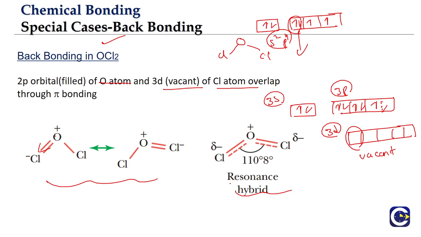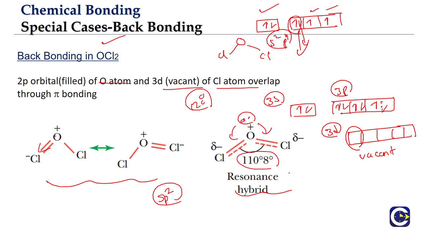And what we'll see is that even the hybridization of oxygen, right, will be sp2 hybridization. What is the hybridization of oxygen? It will be what? sp2 hybridization, because oxygen will be involving one s orbital and two half filled p orbitals. The fully filled p orbital will be left out for forming this pi coordinate bond. sp2 means what? We expect the bond angle to be 120, right? But what do we see? The bond angle is coming close to 110. Why? Because lone pair will repel the bond pairs. That is the reason why the bond angle is actually decreasing.